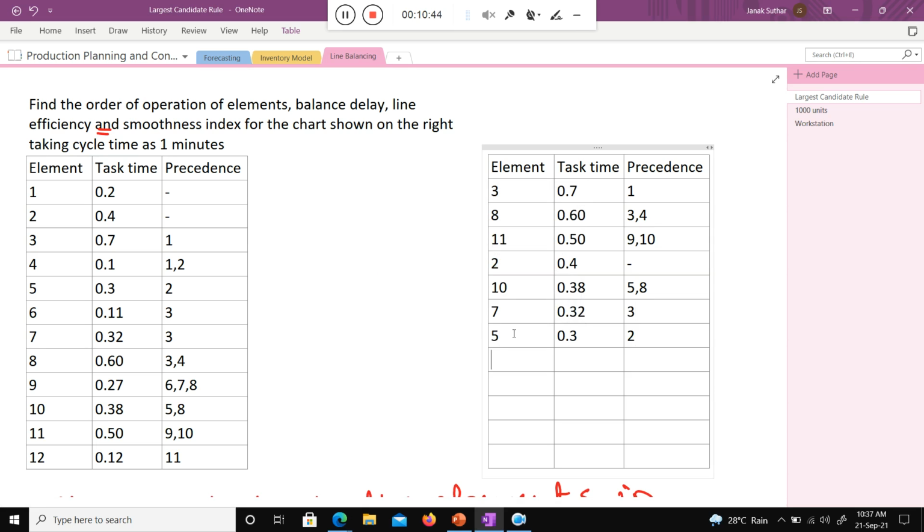After that, element 9, task time 0.27, precedence 6, 7, 8. Next, element 1, task time 0.2, precedence dash. The next will be element 12, class.